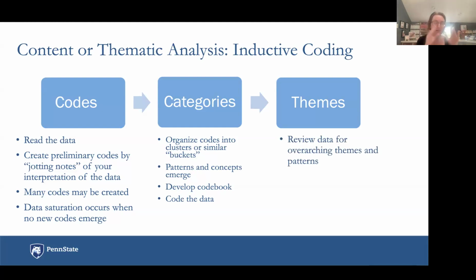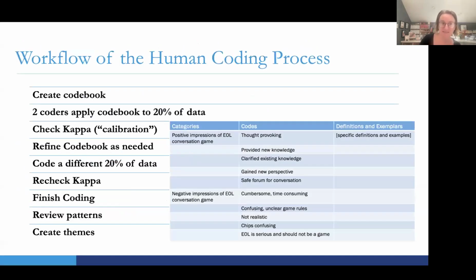And then once you have all of your codes, and I will show you this, we review the codes looking at similarities and differences amongst the different categories and buckets to find themes that exist within the buckets. So that's the big broad overview, and it sounds like a lot of work. And spoiler alert, it is a lot of work. And so the question that we have for this talk is, can AI help us and/or replace us?